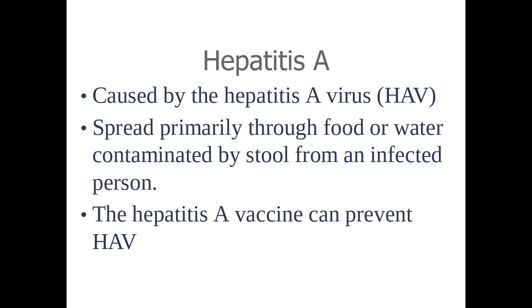Hepatitis A, we have briefly talked about when we went over the blood-borne pathogens, but just remember, hepatitis A is actually one of the hepatitis that is not spread through blood. So hepatitis A is not a blood-borne pathogen. This is one that is spread through contaminated food or water. And so typically, this is seen more so in third world countries because they don't have the same filtration systems as we do in America, or other Western civilizations.